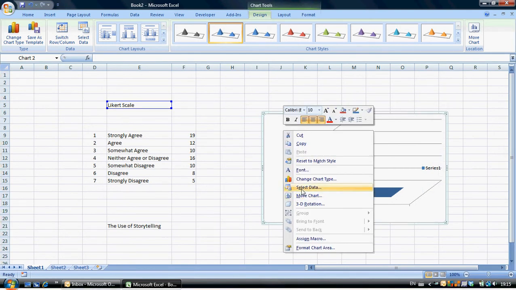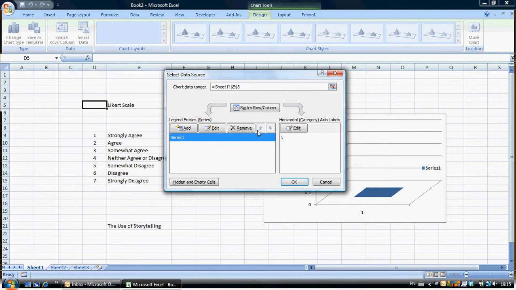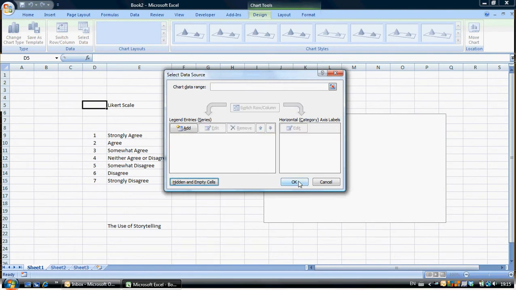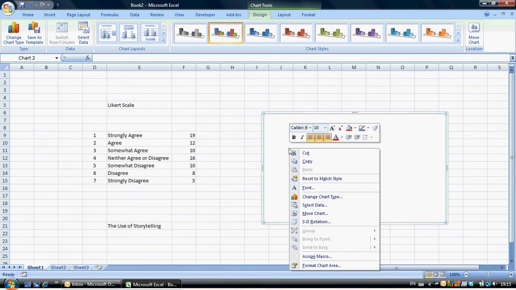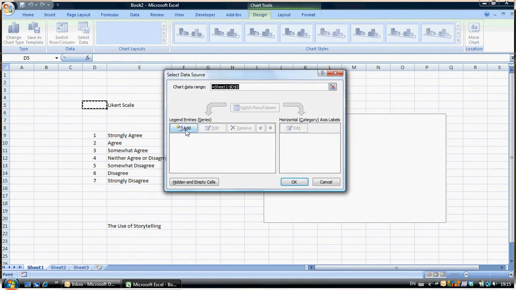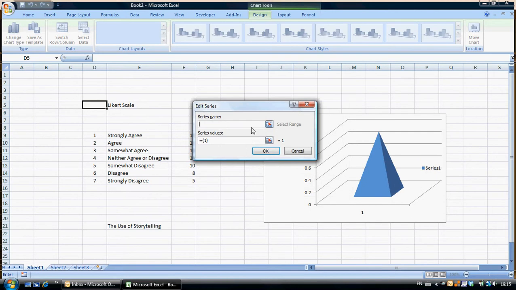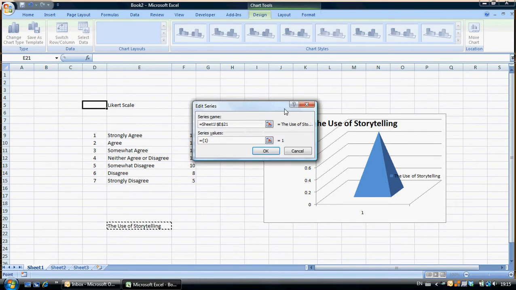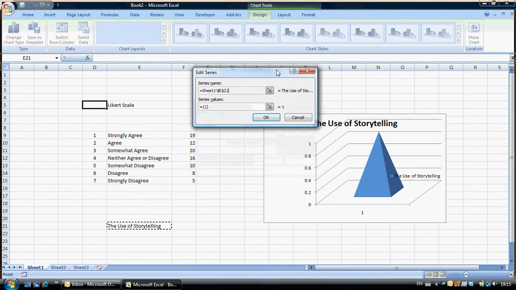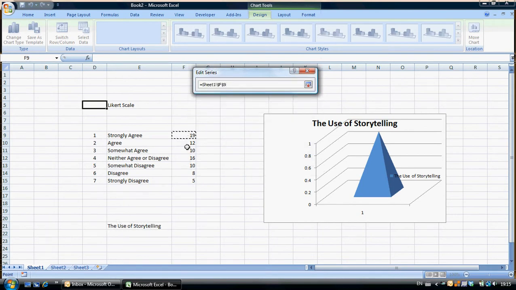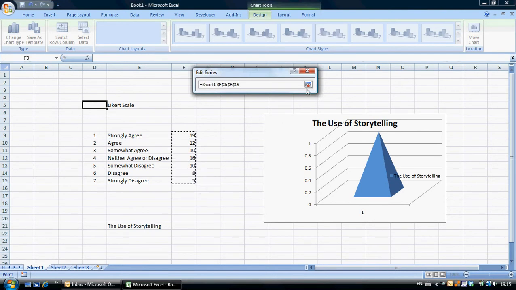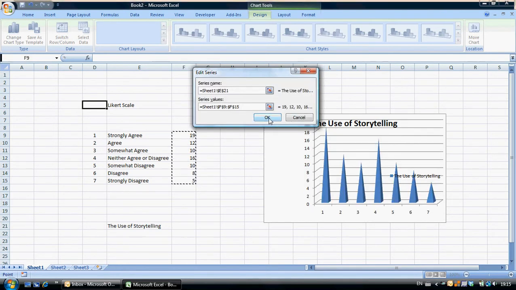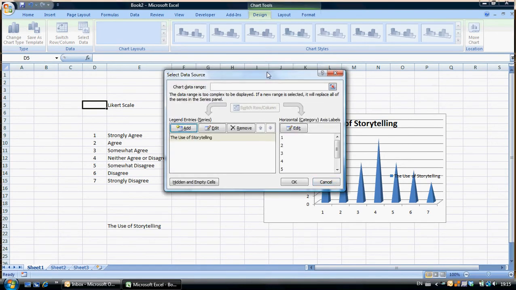So select data again. We'll remove this one again here. Click OK here, or select data again. Click add here, and the series name again. Click on the red arrow. Click on series name, as I said, and red arrow again, and you'll see the series name going in there, the use of storytelling. The series value, then click on the red arrow. Choose the numbers, the values 19 down to 5 here. Click on the red arrow and click OK, and you'll see if I move this to one side,